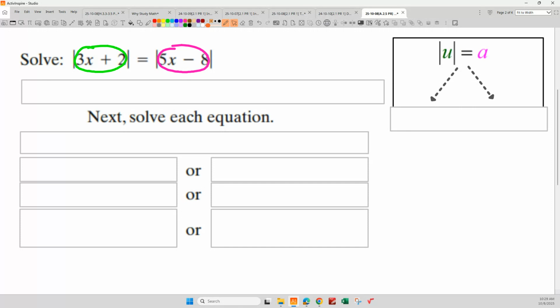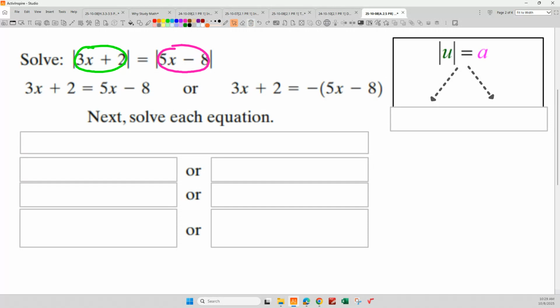Same rules. There it is, right? 3x plus 2 either equals 5x minus 8 or negative 5x plus 8, right? And then I just solve those. No big deal. And that part's easy. That's not a big deal, right? If we solve those,